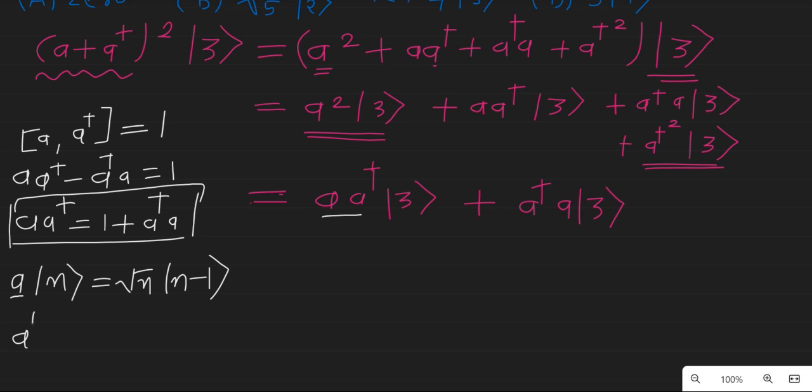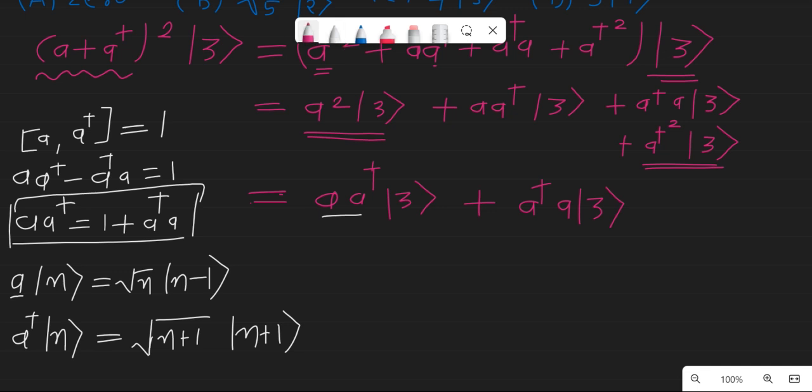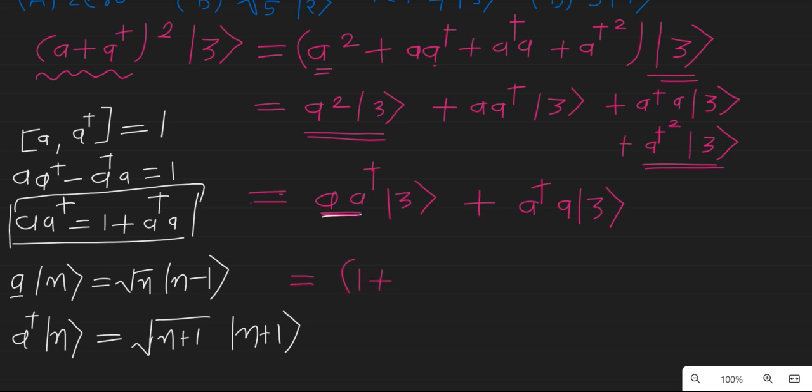If a dagger is operated on n, then it will be under root n plus 1, and the state will be increased by 1 step, so it will be n plus 1. So now I use all these things here. First of all I will put a dagger here, so it will be 1 plus a dagger a